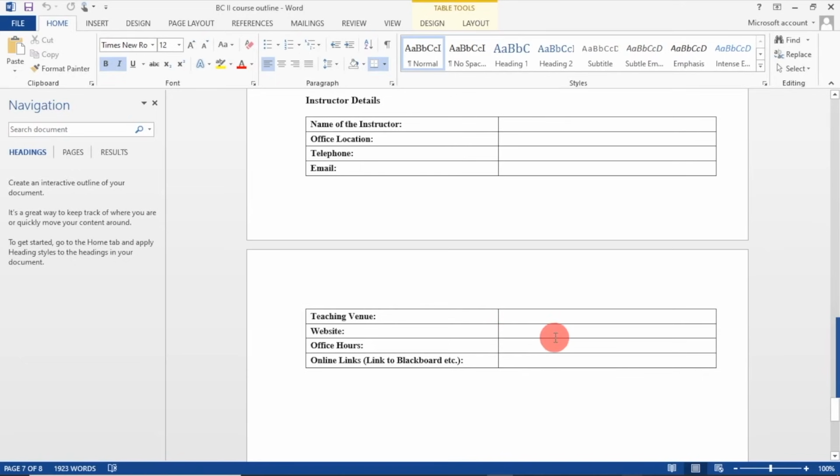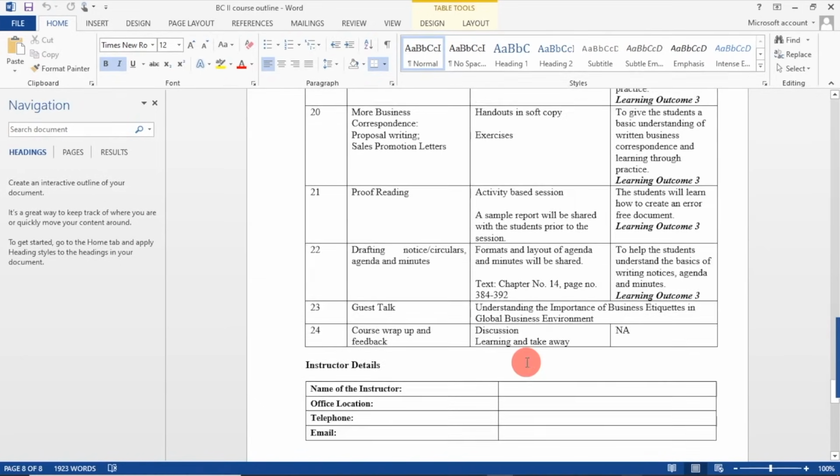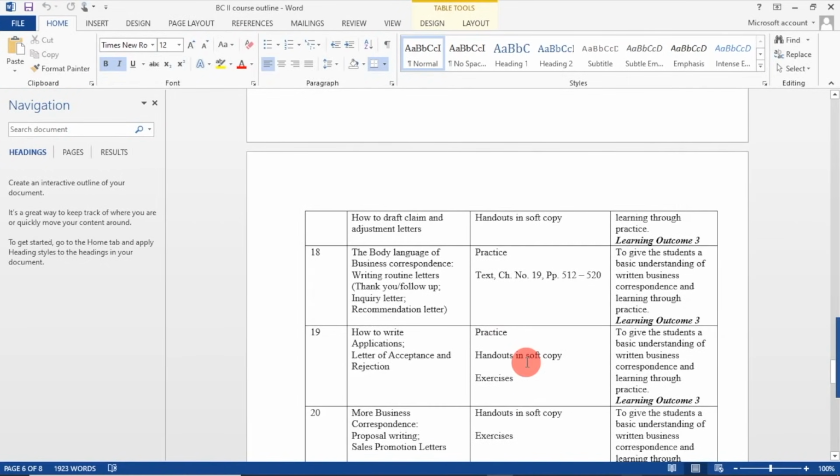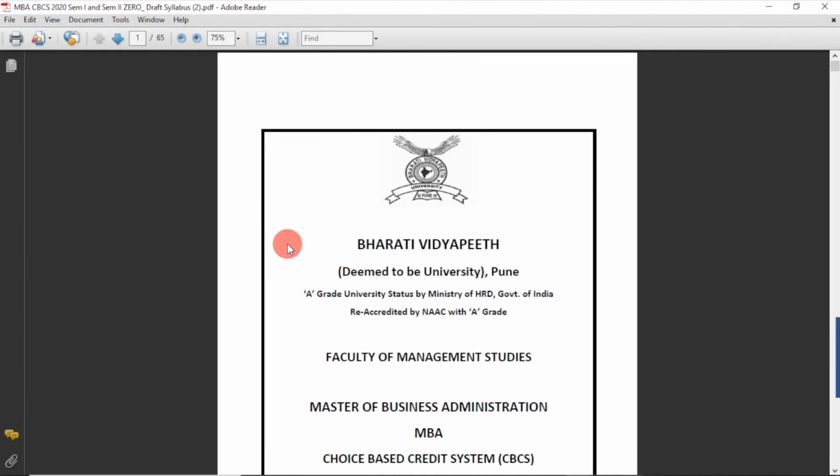You go in for giving the details of the website, if you have a website or a section of the website of the institution, what are your office hours, and sometimes you also like to specify the meeting hours with the student. So that's how you professionally behave with them, and that's the type of conduct which we expect from the teachers. So once this is done, now we move on to the curriculum structure.